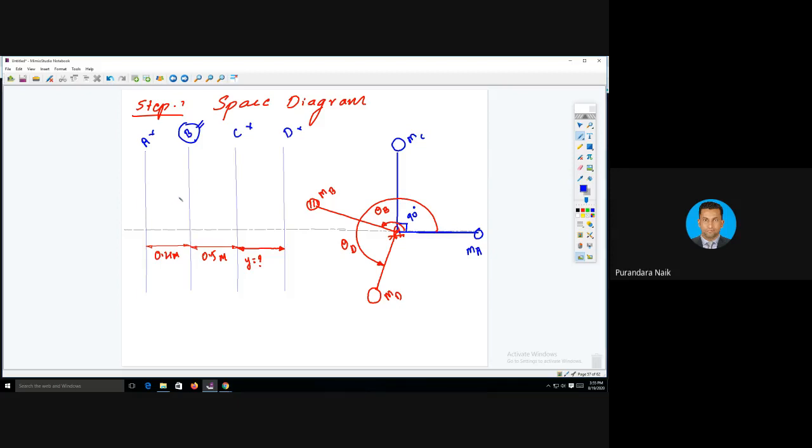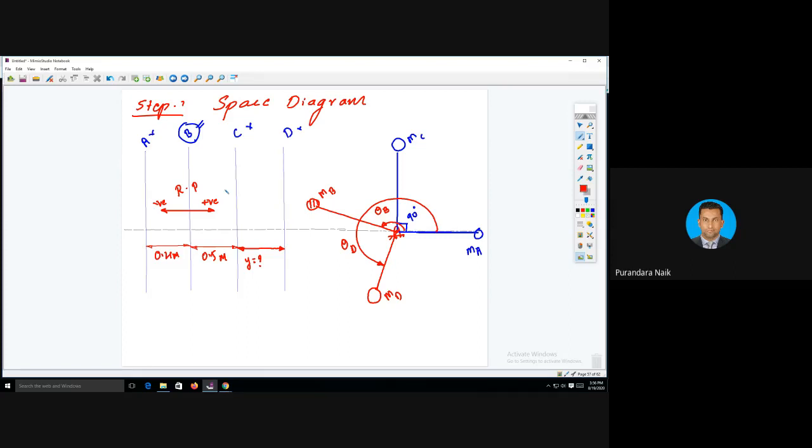So, according to our analysis, we'll take B as a reference plane. Write it as RP, reference plane, and you need to show the arrow mark. Don't forget to show the arrow mark because this is very, very important. So left side is always negative. Distance will be taken as negative. Right side will be taken as positive.